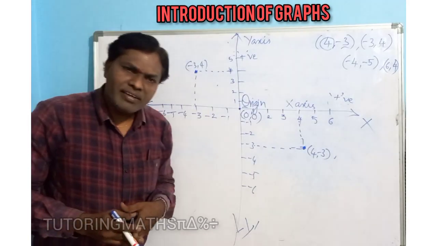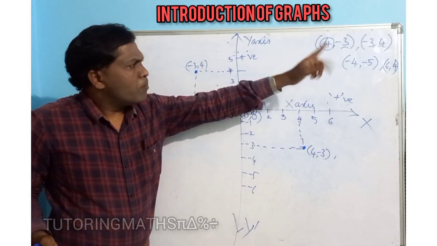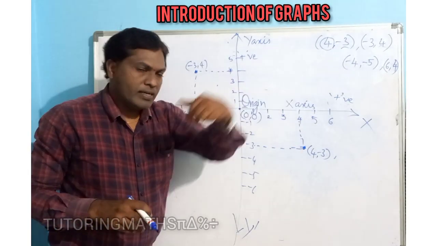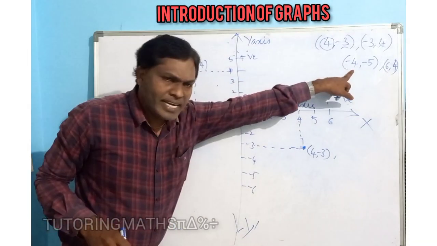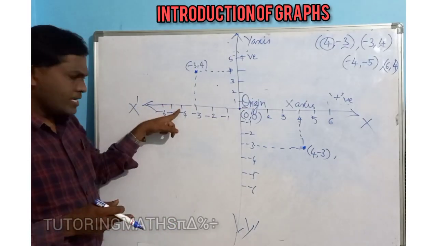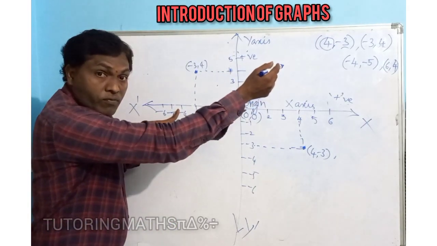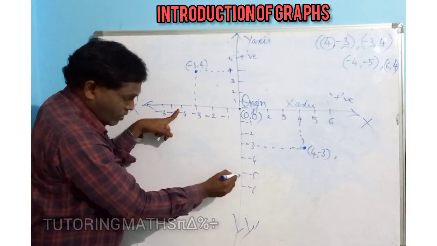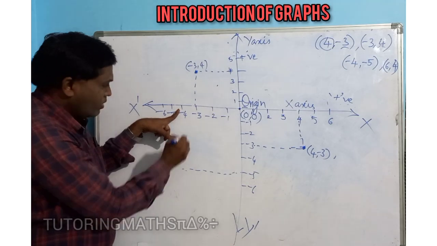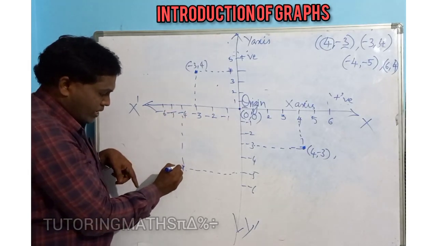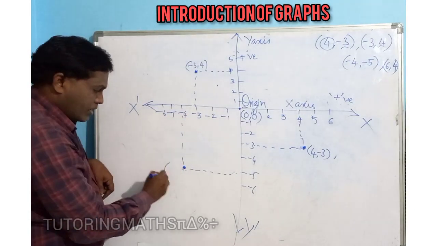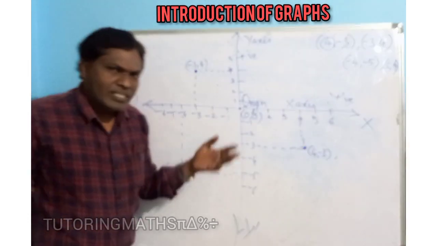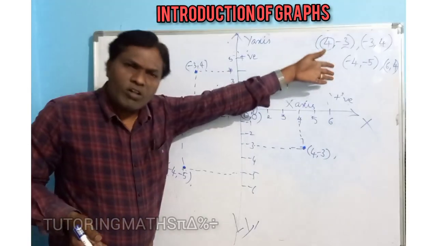In the same manner you can plot minus 4 comma minus 5 and 6 comma 4. I'll explain one more point. Minus 4, minus 5. Negative x-axis, minus 4; the y value is minus 5, so the y coordinate is also negative, downward, minus 5. Here minus 5, one perpendicular line, and minus 4, one perpendicular line. They meet at this point, and this is denoted by minus 4 comma minus 5. In the same manner we can plot all the points.